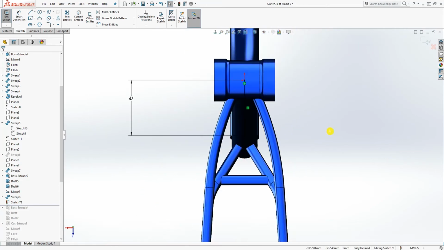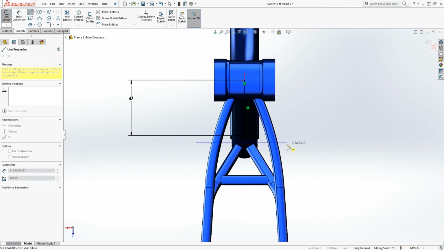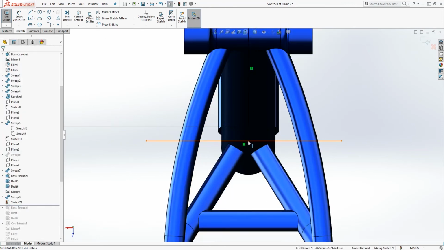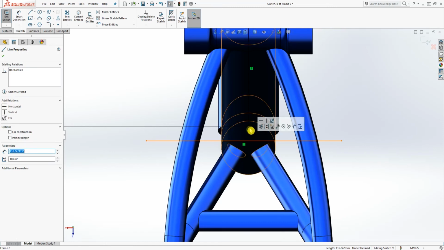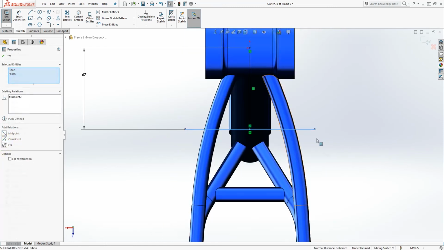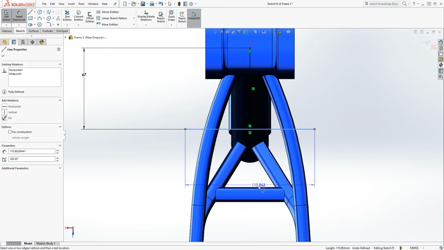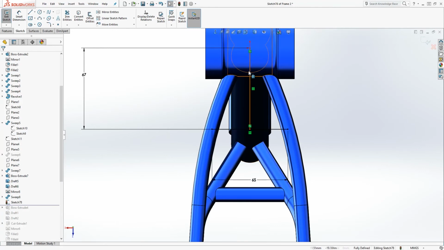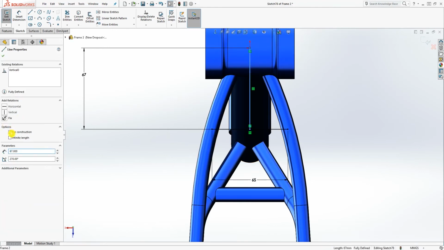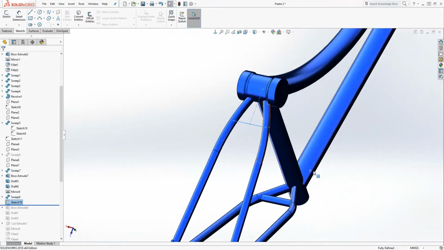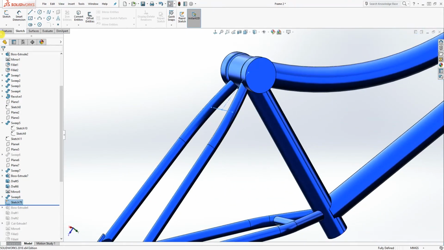I know the color is kind of dark, but the line is there. So draw another line horizontal. So click the line and the point of that line we just drew, and make it midpoint, and make this line 65. So make sure you make this a construction line, and exit out,